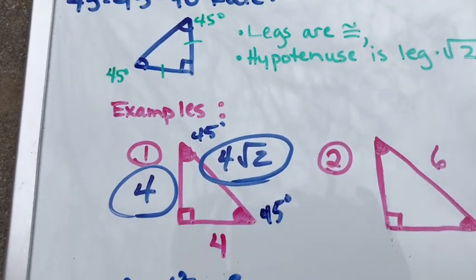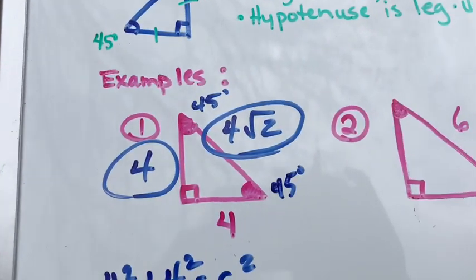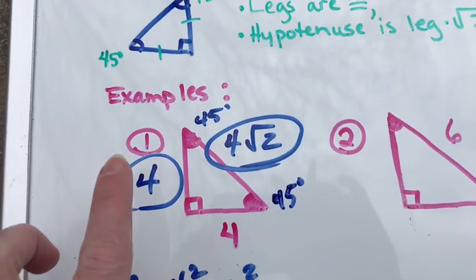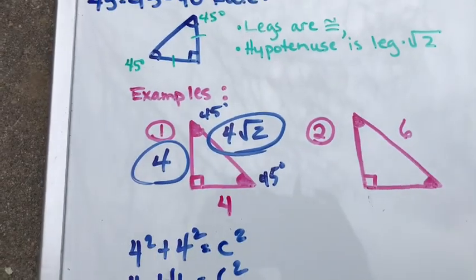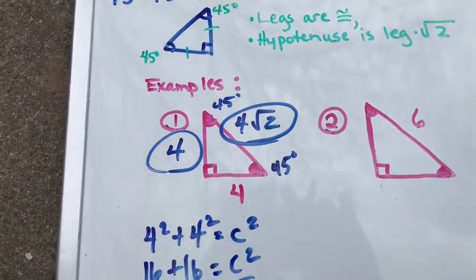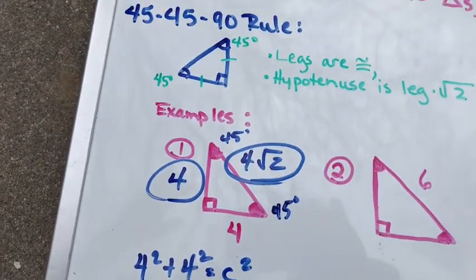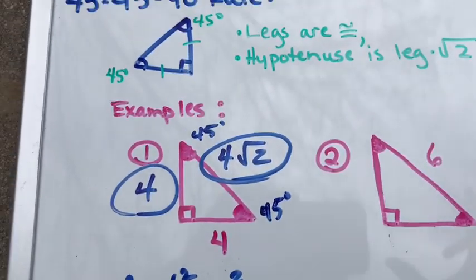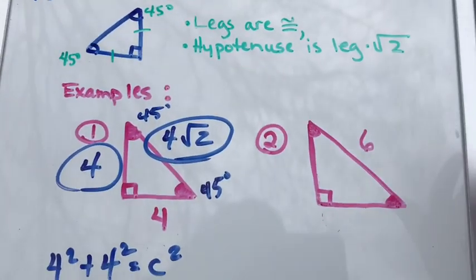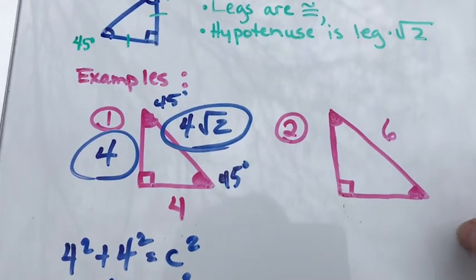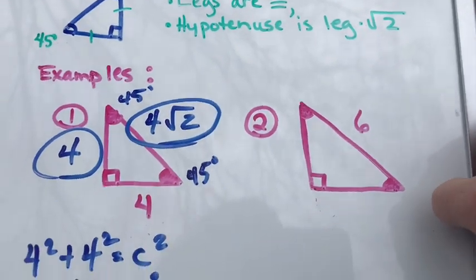All right, so that's it. The 45, 45, 90 rule says that if you know a leg, you know the other leg, and then the hypotenuse is that side times radical 2. Okay, you're welcome to use the Pythagorean theorem, but this is a lot quicker. Okay, the tough part comes when you know the hypotenuse, and when you know the hypotenuse, it's just a tiny